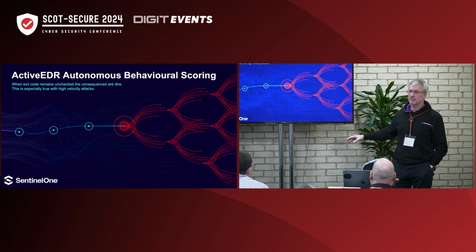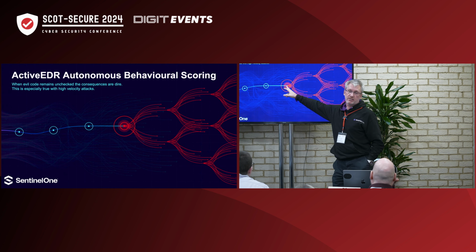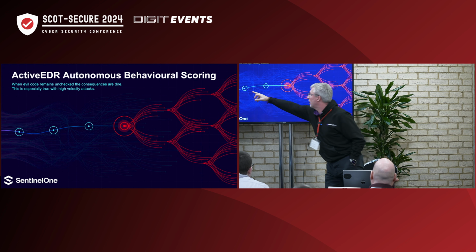I love this animation, it's good fun, isn't it? Okay, so we know now that patient 0 started on this machine here and he started spreading out across the network. Okay, and that's typically how your attacks start. It could have come in at this point, it was dormant at this stage, we got to there. And what Storylines does is it records all that